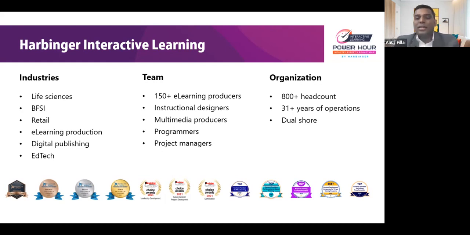That was a time when the corporates and enterprises were aiming to cut down on training cost. To fast forward today, after 30 years from when we started, technology now is playing a key role in learning and development. And throughout this journey, Harbinger as a company, we have always strived to lead with innovation in the e-learning space. And that has been our key differentiator.